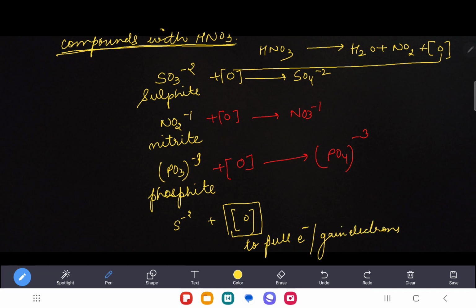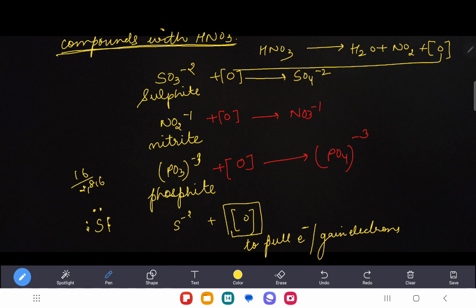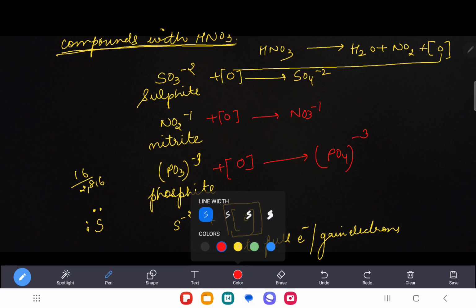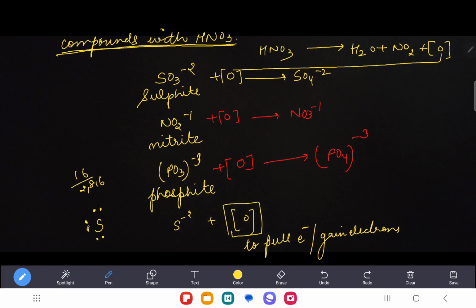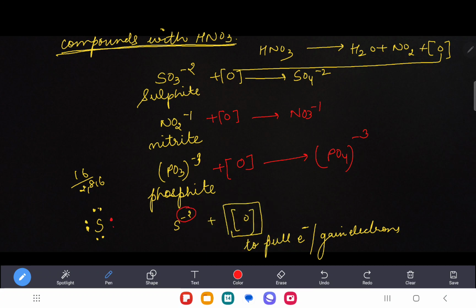So you tell me, sulfur is atomic number 16, so 2, 8, 6. In the valence shell, there are 6 electrons already in the neutral sulfur, isn't it? And because we are writing S minus 2, that means 2 extra electrons from somewhere it must have got. Yes or no? So when I am reacting sulfide